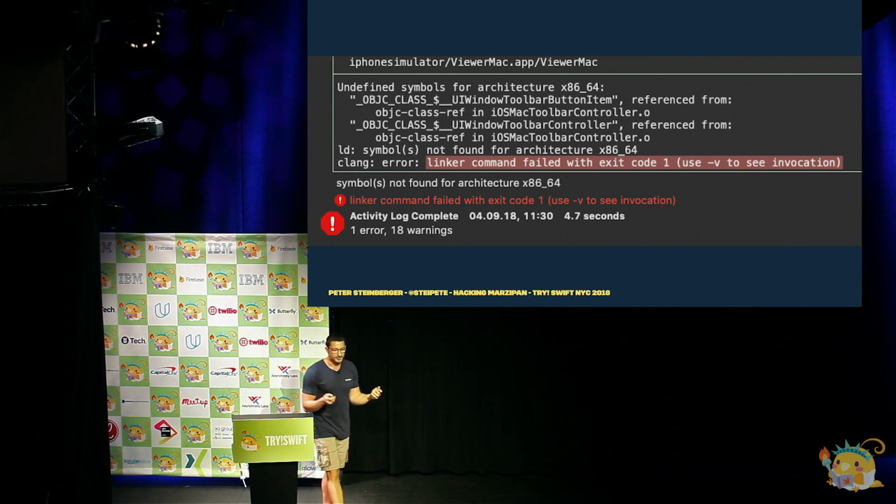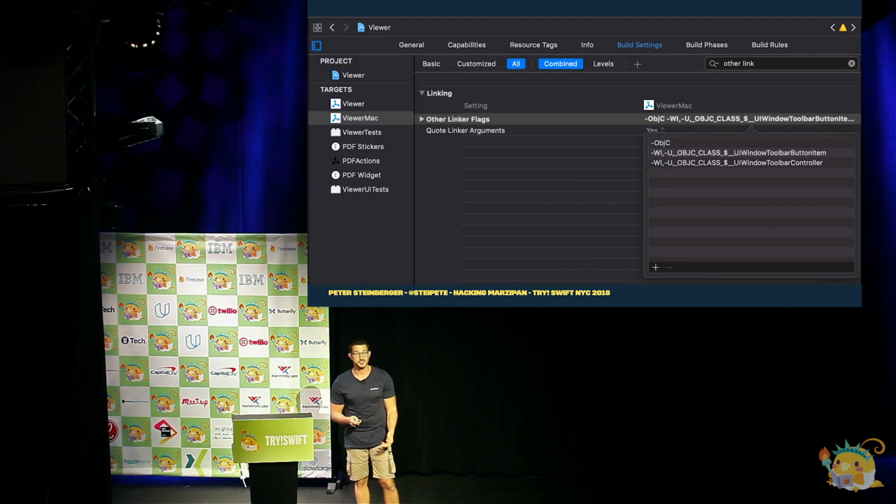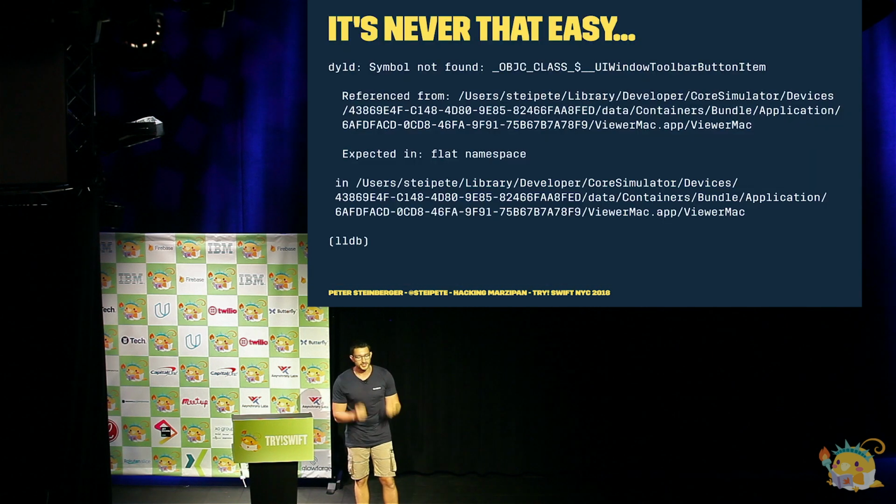Because the system doesn't find the classes, right? Because they're obviously not there. You're building for real iOS, and then you're converting it to iOSMac. So those things are not there. But Apple solved that a while ago with weak linking. So we just have to either create a framework and weak link that, or just tell the compiler to weak link those two classes. And you can actually do that if you use other linker flags and just tell the system to do that. So I did that, and then the linker was happy, but the runtime wasn't happy,